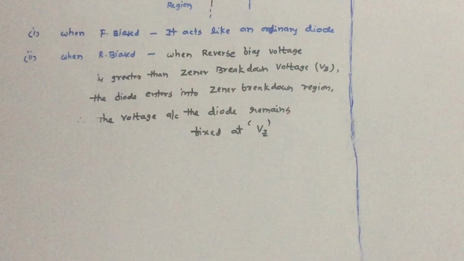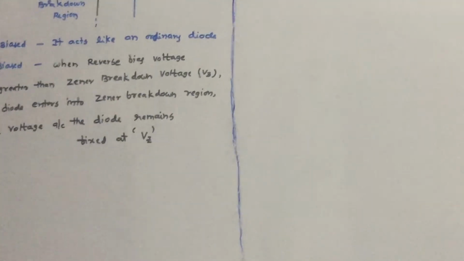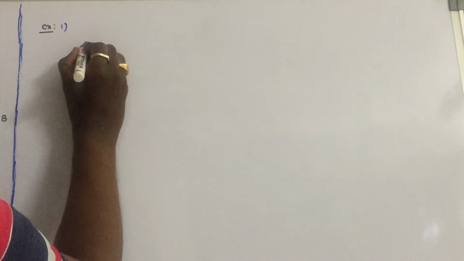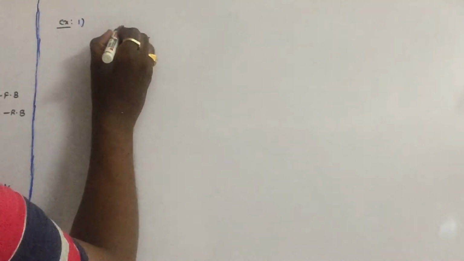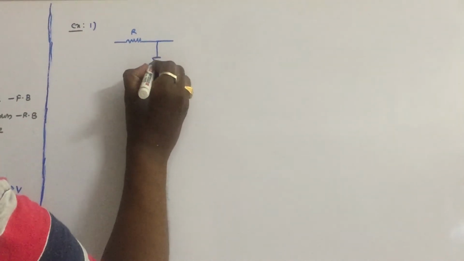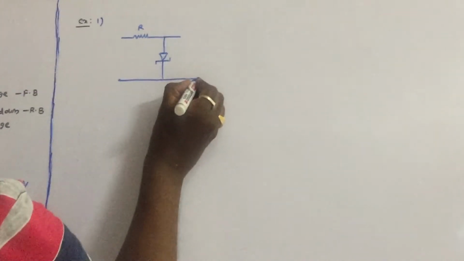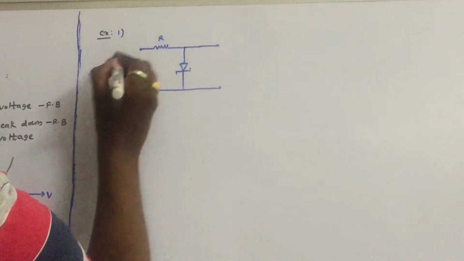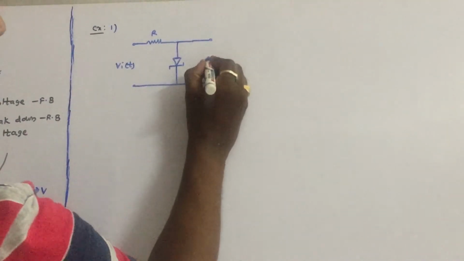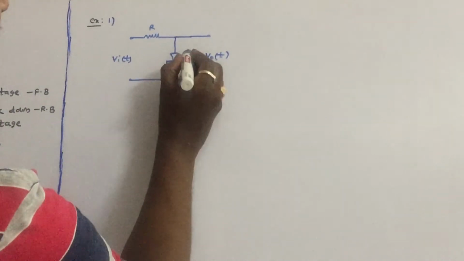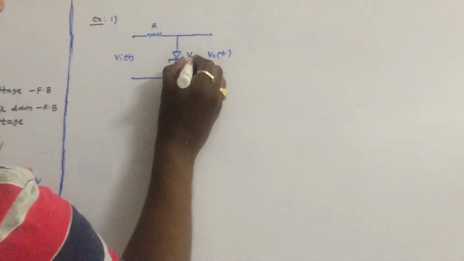Let us see two simple circuits. First, let us take one circuit. We will see two examples of how it is used in clipper circuits. Let us take example 1, a very simple circuit. So say this is the resistor. Take Zener diode like this. So this is the input voltage to the circuit. So this is the output voltage of the circuit. So when Zener diode is given, we have to clearly mention the Zener breakdown voltage Vz.